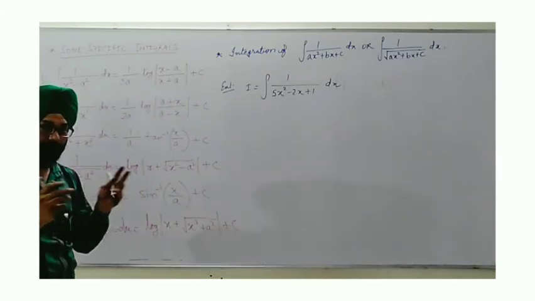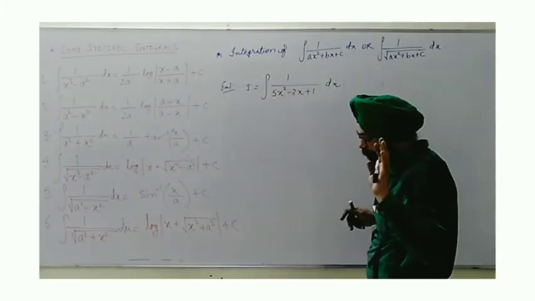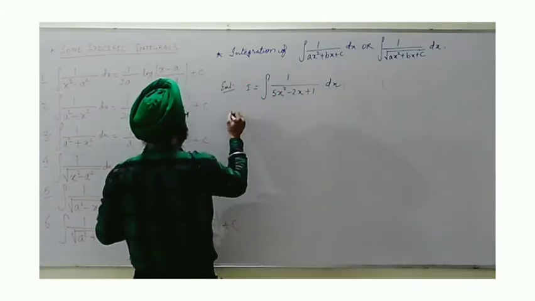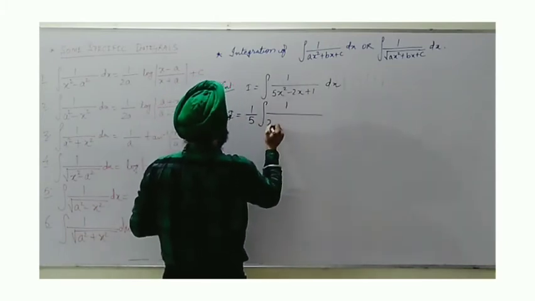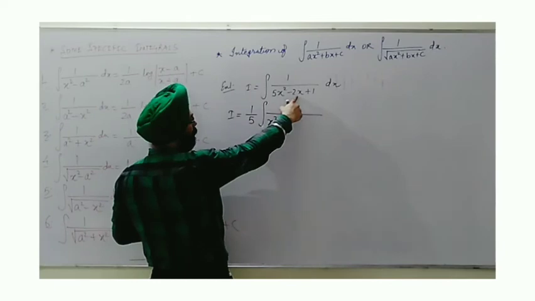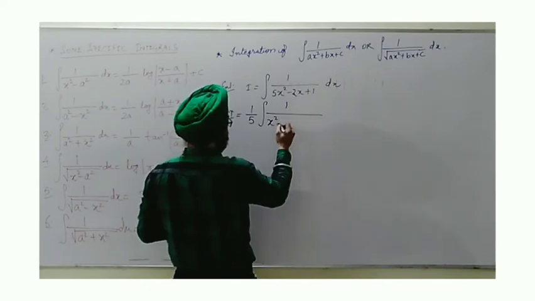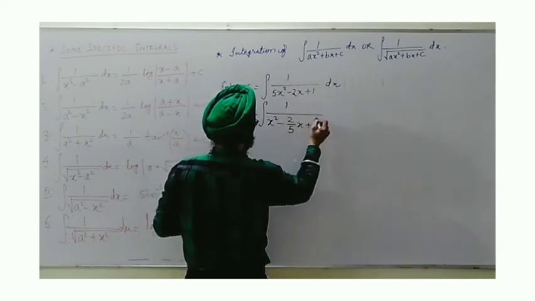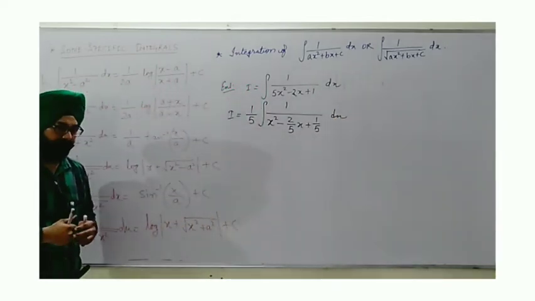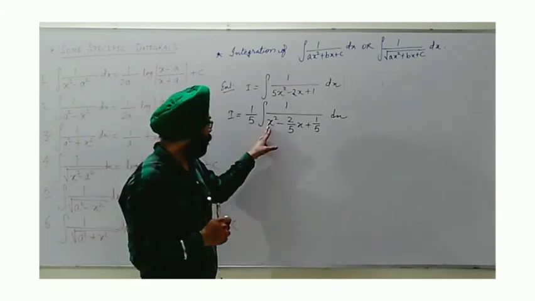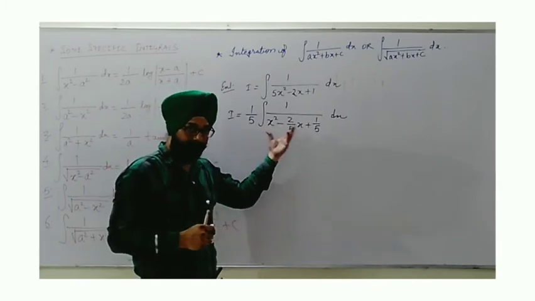The very first step, always as I say, the coefficient of x square should be taken as a common factor. So if I write, this will become I equals 1 upon 5 integration of 1 upon x square as it is. The rest of the terms will come in the denominator by rules, since it was a multiplication here, like 2 upon 5 x plus 1 upon 5 dx. Those who know the completing the square method can do it very well. Otherwise, I suggest only these two terms, one of x square, other of x. They are used in completing the square. We will complete the square of these only.